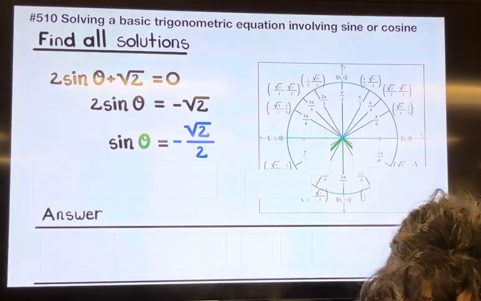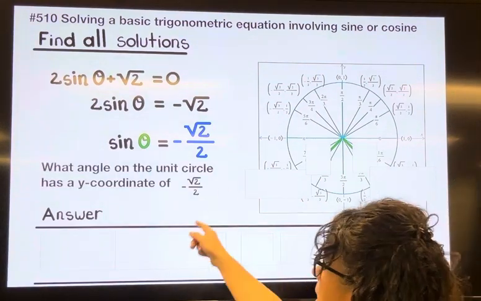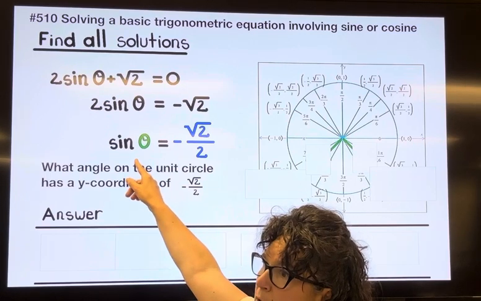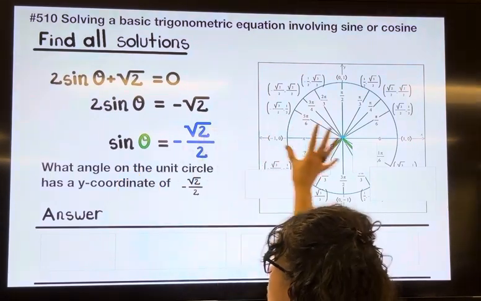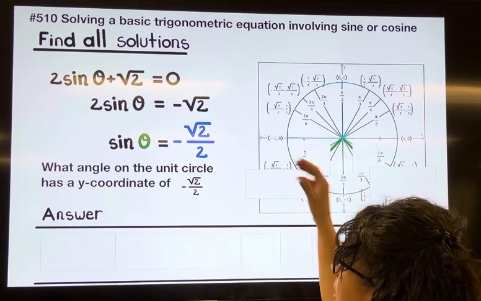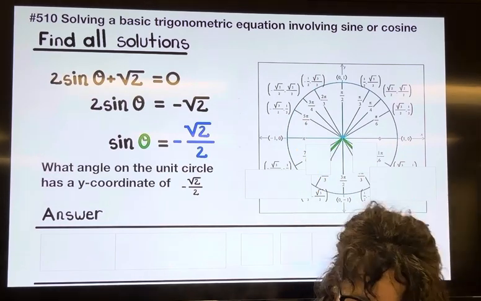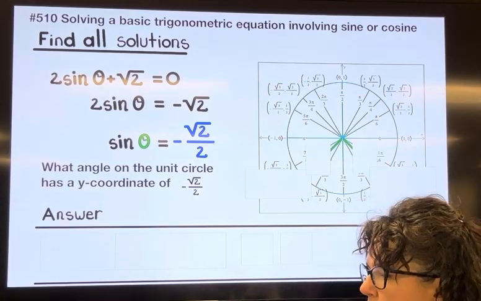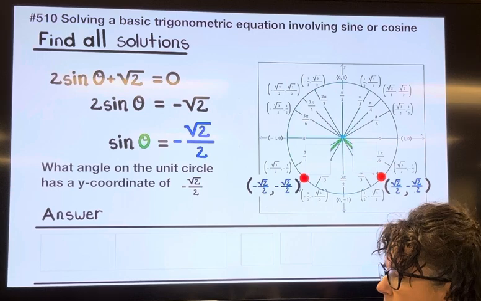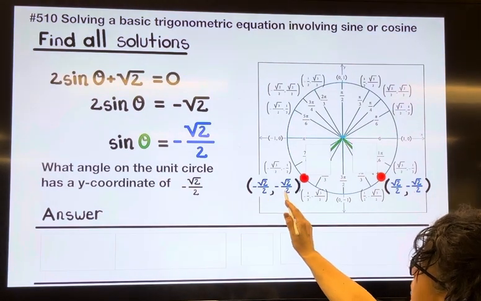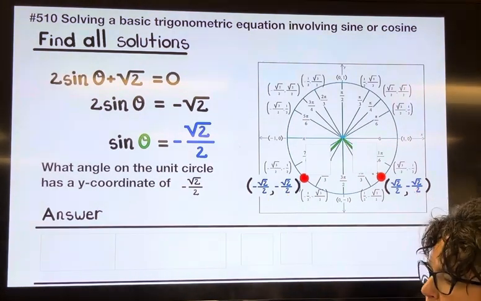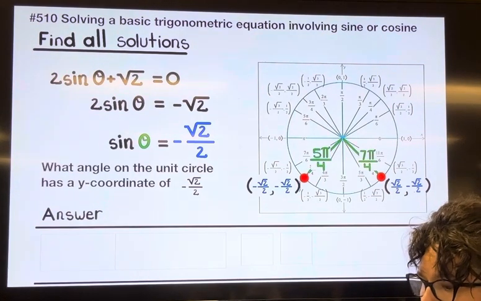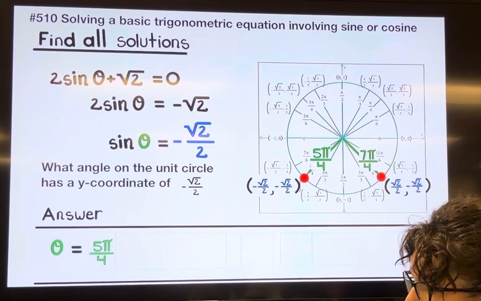The meaning of that is that we're looking for the angle measures where, because cosine comma sine, the y coordinates are the sine of theta, so we're looking on our unit circle for where the y coordinate equals negative root 2 over 2. Okay, so looking around on our unit circle, we find that we have y coordinates of negative root 2 over 2 here and here, which happen to be at 5 pi over 4 and 7 pi over 4. So yes, our answer in general